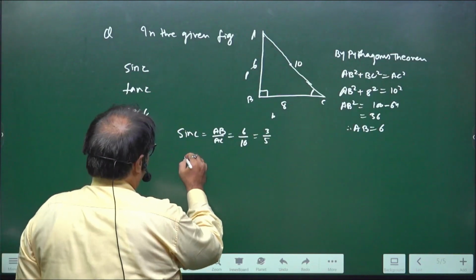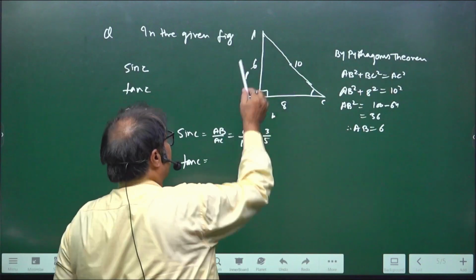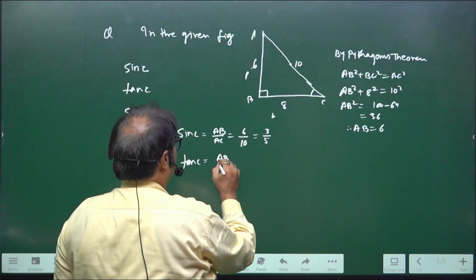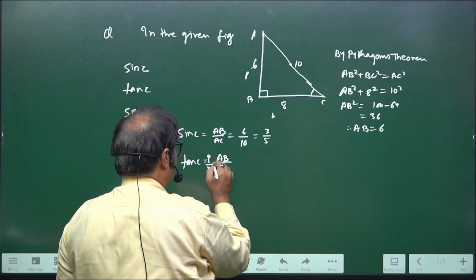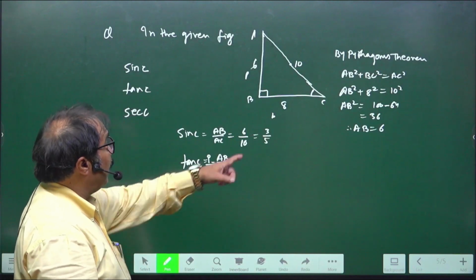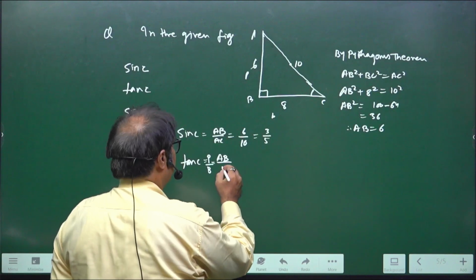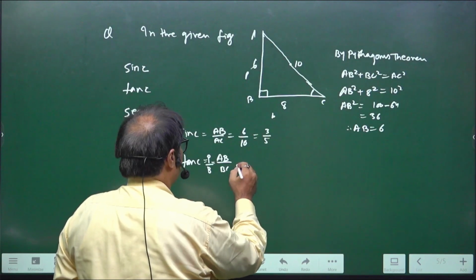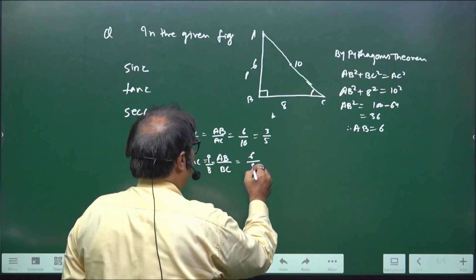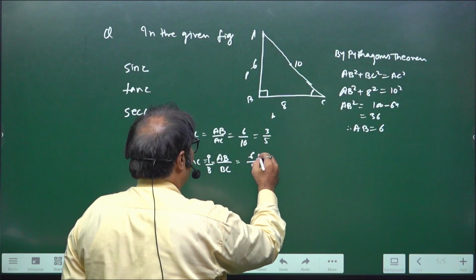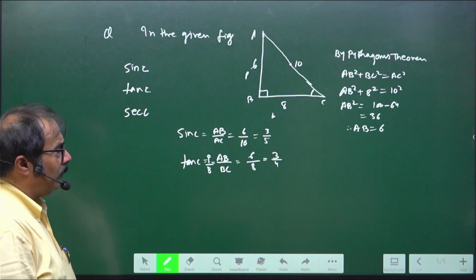Okay. Now the question says find the value of tan C. So as per angle C, the perpendicular is AB. And what about the base? Tan is the ratio of perpendicular and base. So perpendicular upon base. And as per angle C, the perpendicular is AB and the base is BC, right? So the value of AB is 6 and the value of BC is 8. So it will be cancelled out by 2. 2 3 is 6 and 2 4 is 8. So 3 by 4 is the value of tan C.